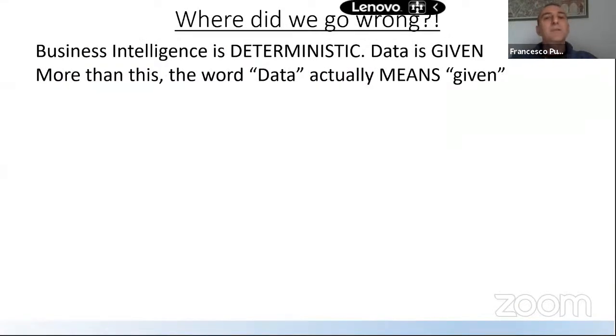So the question is, where did we go wrong? So if you think about it, business intelligence is deterministic. We are not making a prediction of future sales or something. It's deterministic. Data is given to us. More than this, data, the word data actually means given.